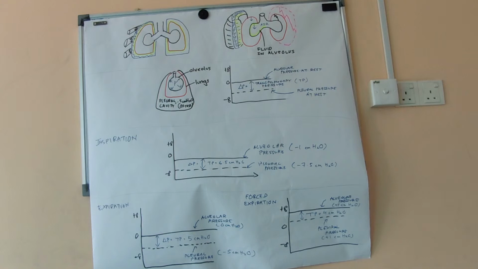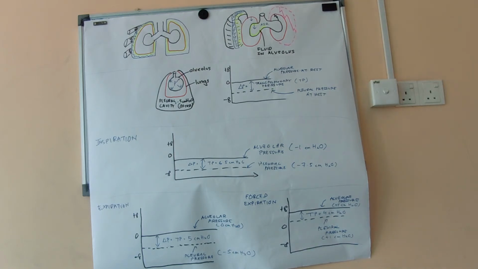We also have two other types of pressure. That is transrespiratory pressure, which I didn't draw here, but this is just for additional information. Transrespiratory pressure refers to the actual flow of gas from the mouth into the alveolus or vice versa, and